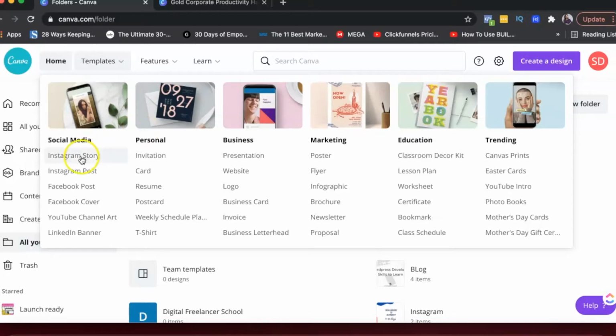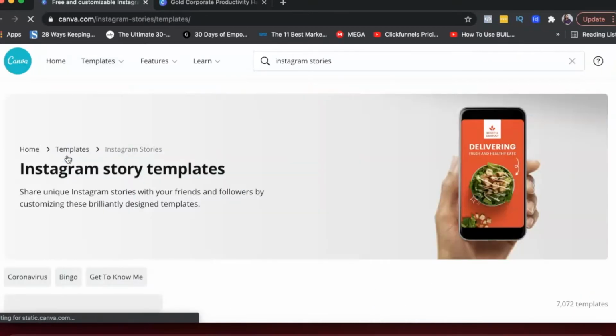So you can do tons of different things in Canva, and you have templates available for almost everything. The one feature that I really like in Canva is they have trending templates available. For example, Mother's Day is coming up, so they have a template for Mother's Day cards. Again, really helpful. If I wanted to create an Instagram story template, if I